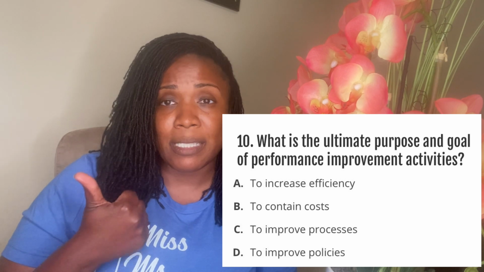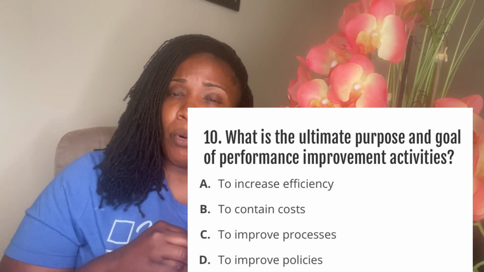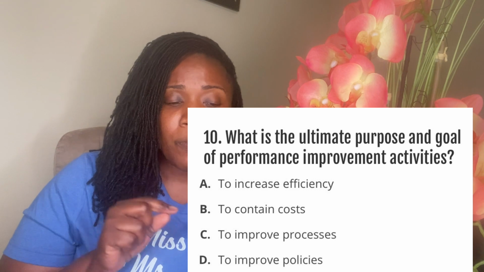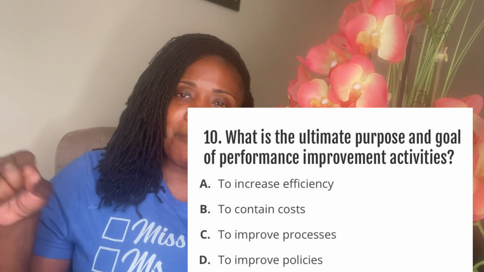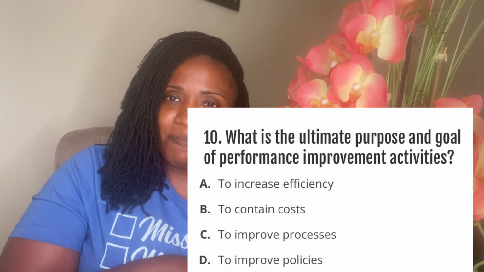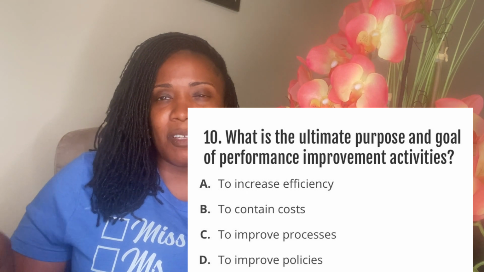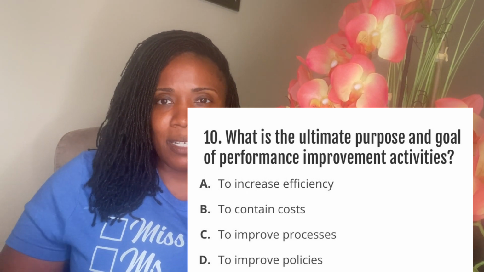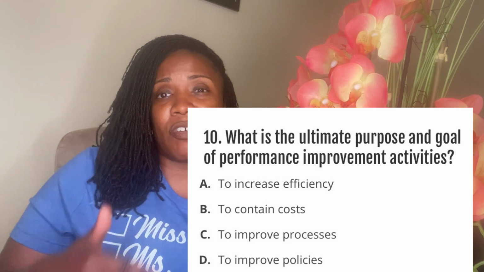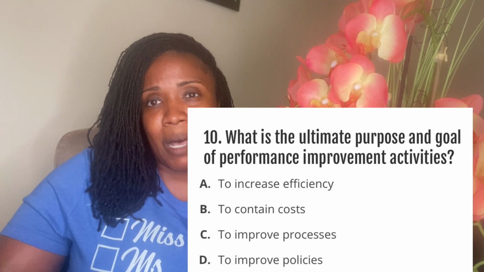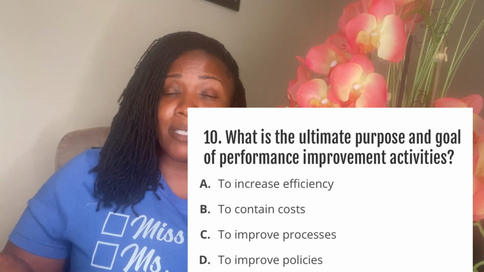Now we have to improve the process and we have to improve the policy. Those are both good answers, but which one is more important? Which one would come first is what I'm thinking about. We have improve the policy, improve the process. The policy, in my eyes, can't be improved until we improve the process, because the policy is what contains the process. So as the process changes, the policy changes, because the process is literally the step-by-step instructions on how to do something. And once you have the step-by-step instructions of how to do something, that's when you can create the policy. So if we had to choose the best answer, it would be to improve the process, because